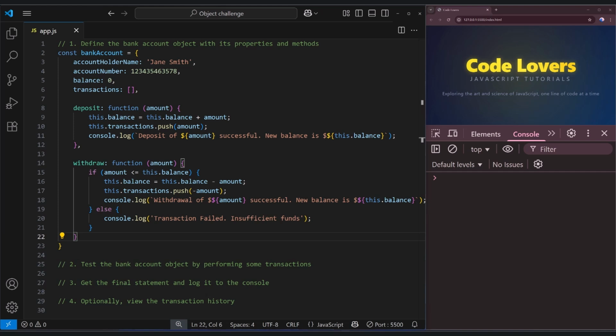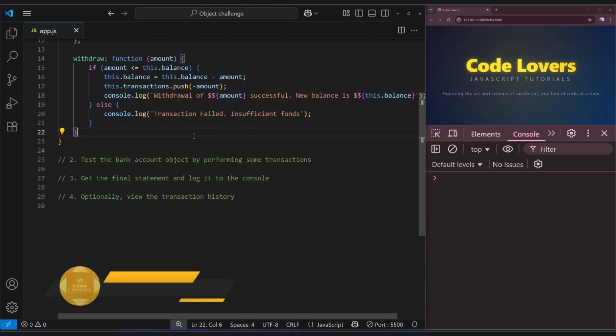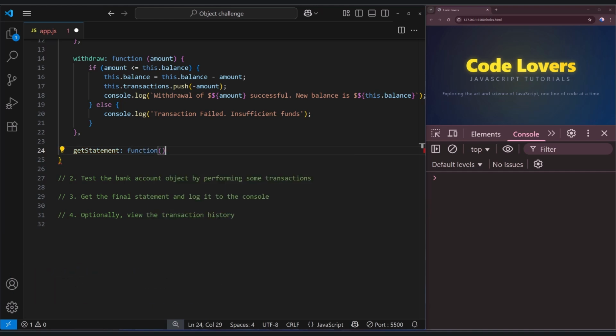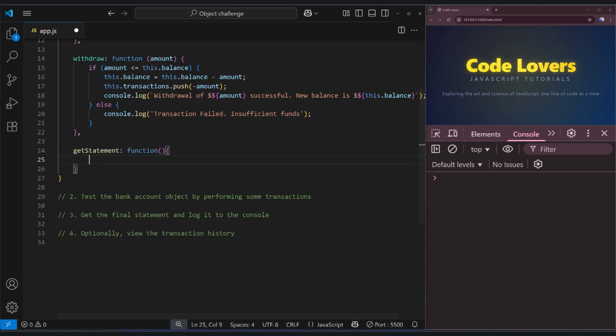Finally, let's add our getStatement method. This method will bring everything together into a summary. So I write getStatement: function with a set of parentheses, and we don't need any parameter for this one. A set of curly braces and return backticks